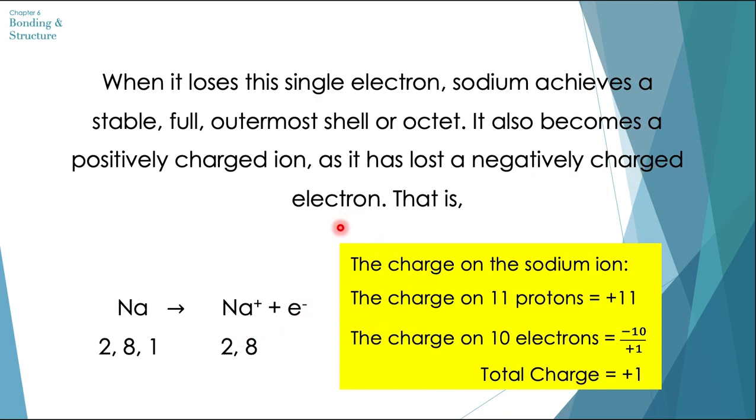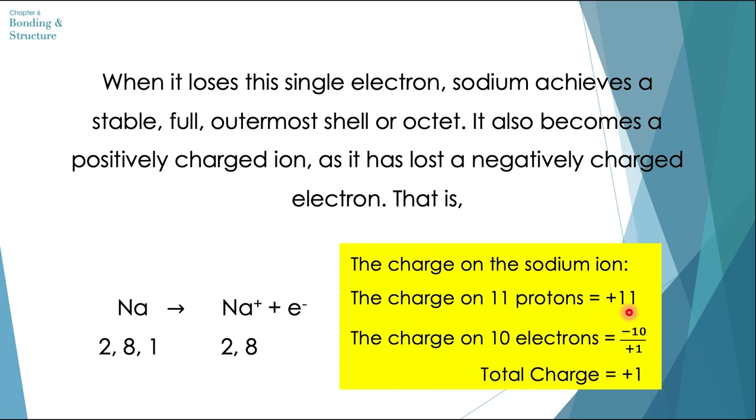So here is how this is explained. Sodium with this electron configuration changes to this, plus 1 electron. So what happens is that the charge on the sodium ion looks like this. The charge on 11 protons is equal to positive 11, and the charge on 10 electrons is equal to negative 10. Positive 11 minus 10 gives us a charge of positive 1. So the sodium atom has 11 electrons, which means that it has 11 protons as well because